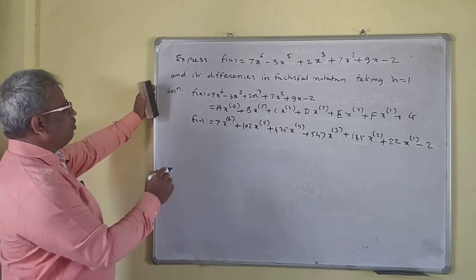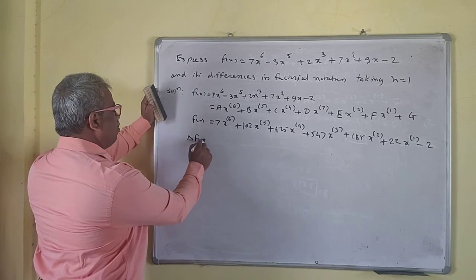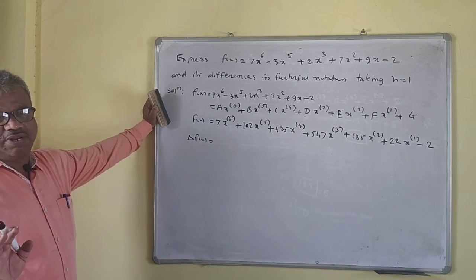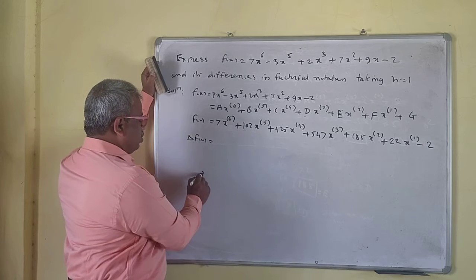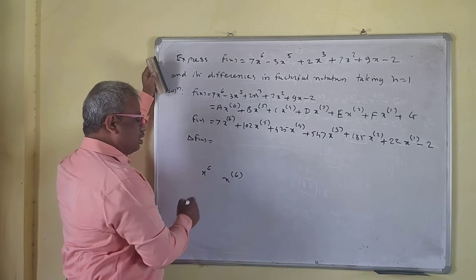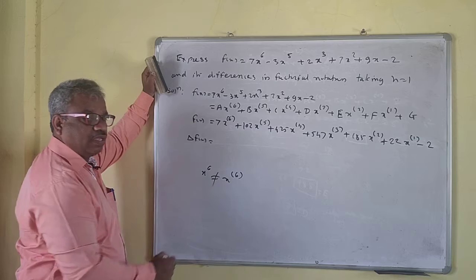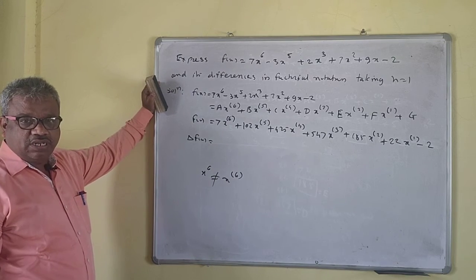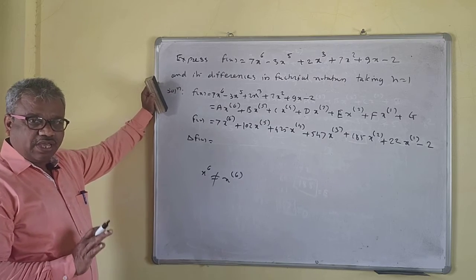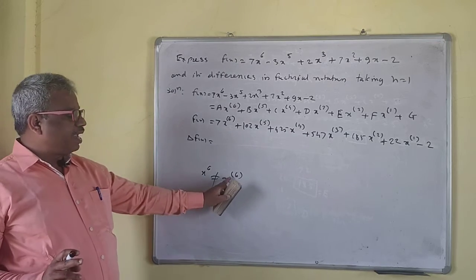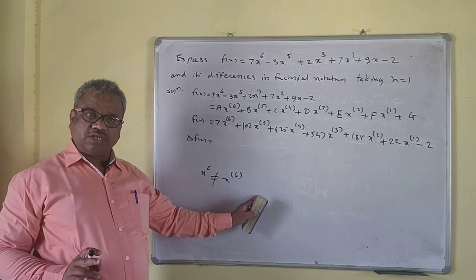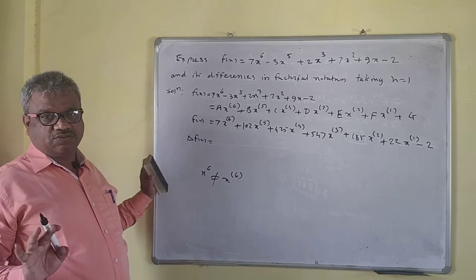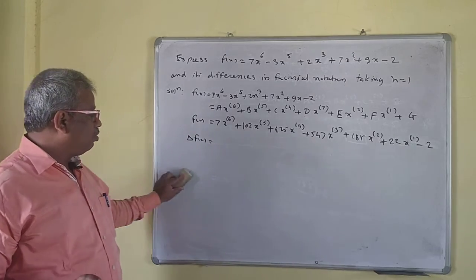Okay. Now I will take one difference. You have to find other difference now. This is f of x. Just simply you have to take the derivative, just like the derivative now. So you have to take this now. This is x to the power 6 and x to the power 6. They are not different in the numerical analysis. They are not same now. Okay. So take the care now. So the bracket at 6 means what? It is x, x minus 1, x minus 2, x minus 3, x minus 4, x minus 5. But this x to the power 6 is x to the power 6. Okay. So take the care.